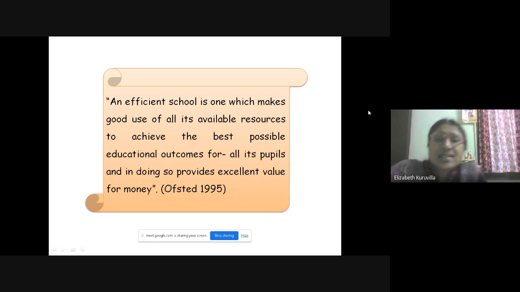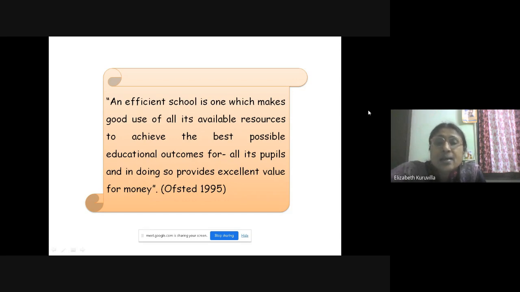Okay. So we can see that an efficient school is one where there is the availability of a variety of resources. The availability of the resources should be used at the maximum. And what is the purpose of using these resources? That is for the educational outcomes for all the children, not only for a few, not only for the intelligent.